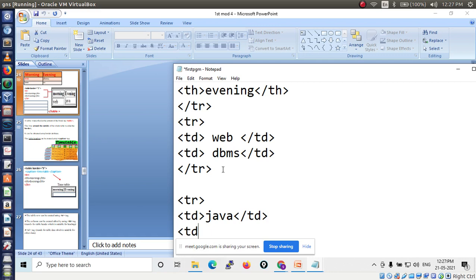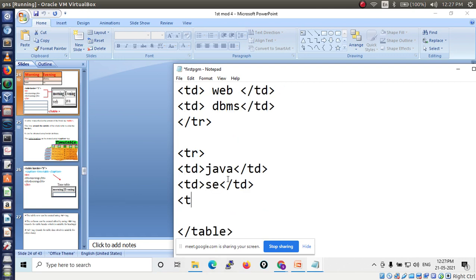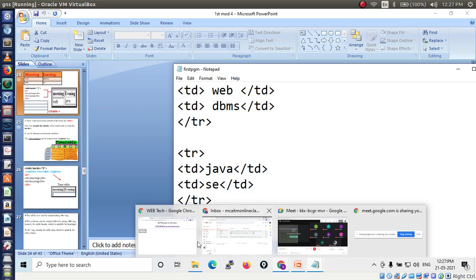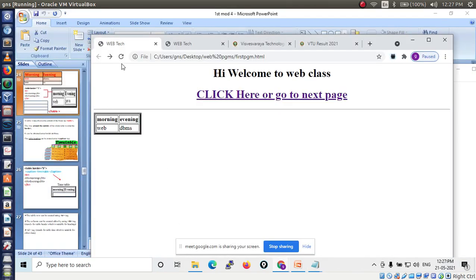Then one more td, write SE, close the td. Then close the tr tag. Finish. Now see the result. See, web, DBMS, Java and SE are displayed.